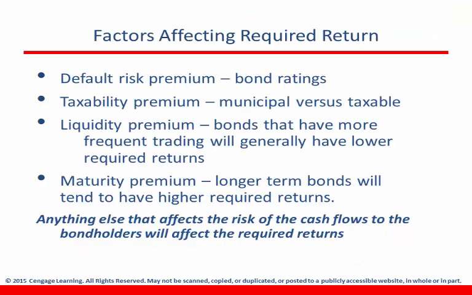Okay, so here are the 4 factors affecting required return. The default risk premium, the taxability premium, a liquidity premium, and a maturity premium. And as long as you know these, then these are one of the big points from Chapter 6, or from Lecture 3.1, that I would expect you to know for the exam. Okay. You might also want to go back and look at Lecture 3.1 and see who's affected by which